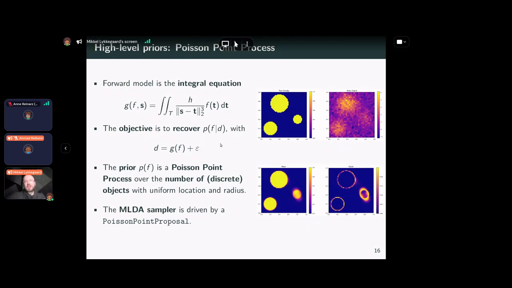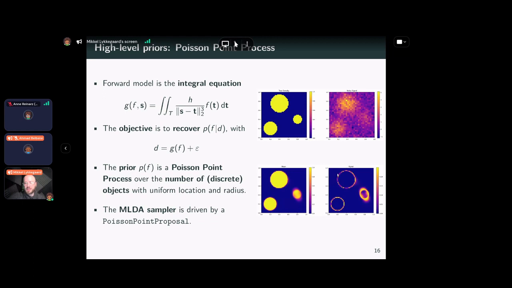And we want to recover this true density. And you could do this using a Gaussian process prior, but that's smooth. And if you know that your objects aren't smooth, then you probably shouldn't be using a smooth prior. So what we did here was to use a Poisson process prior. So you can describe the distribution of these points in space, and then you can sample from that. And what you see in the bottom is the mean, and it's mislabeled on the right one.